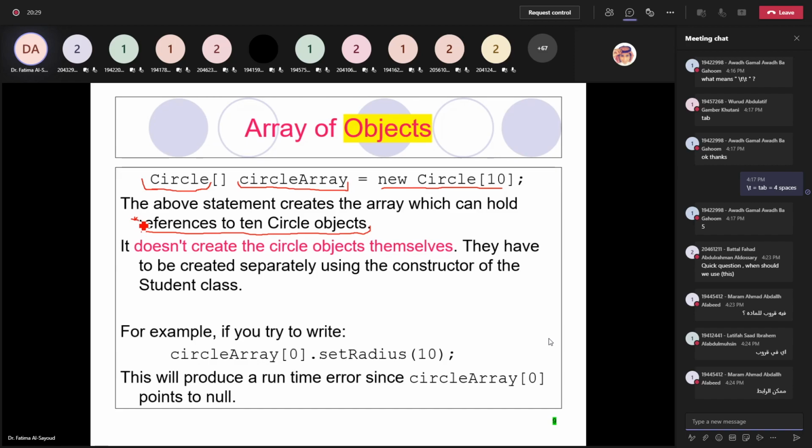Remember, it's references because we said the object is references, the string is references, the array is references. So this sentence is not going to create a circle object. This is going to create an array. It's not going to create an object by themselves. They have to be created separately using a constructor of,